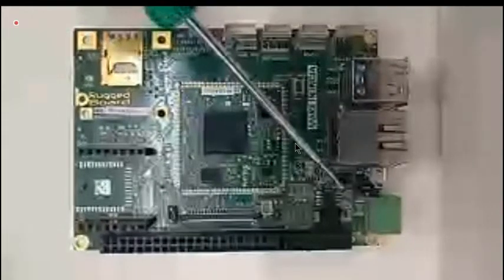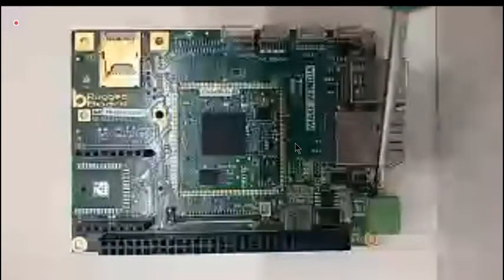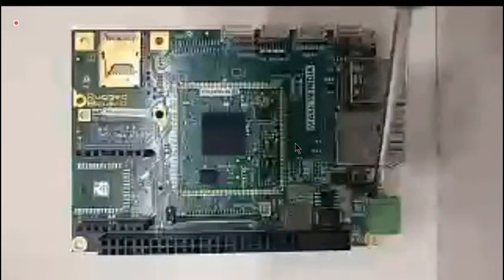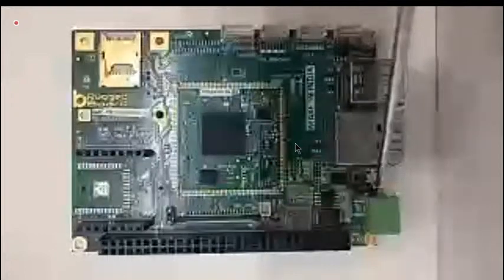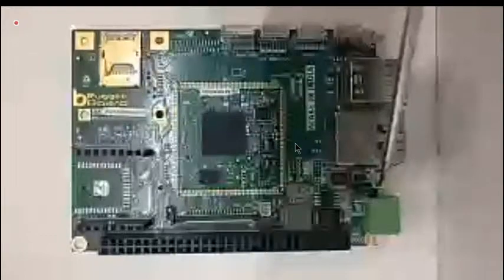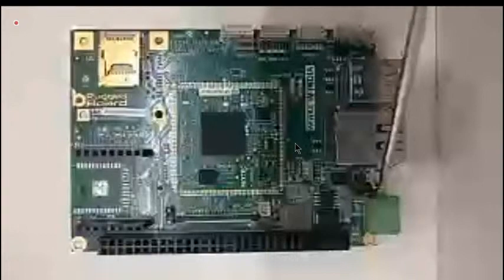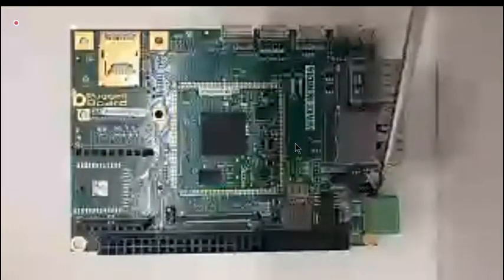So when you power on the board, you don't need any USB to serial converter. You just take this board and connect it to your PC directly, and then you can open up the terminal. You should be able to see the shell. So this USB port, USB OTG port, serves two purposes. One as debug console, and the second one is